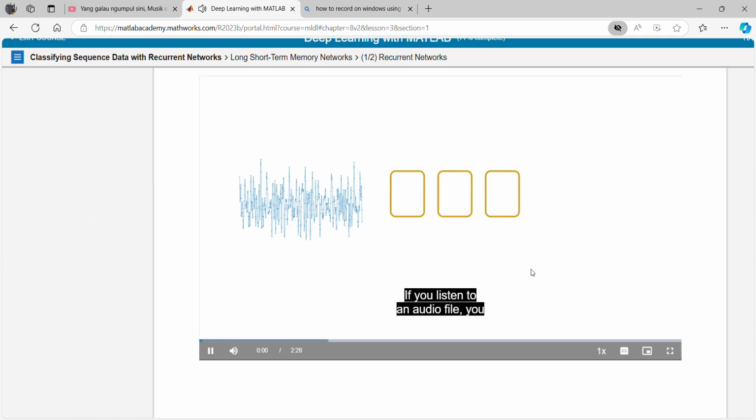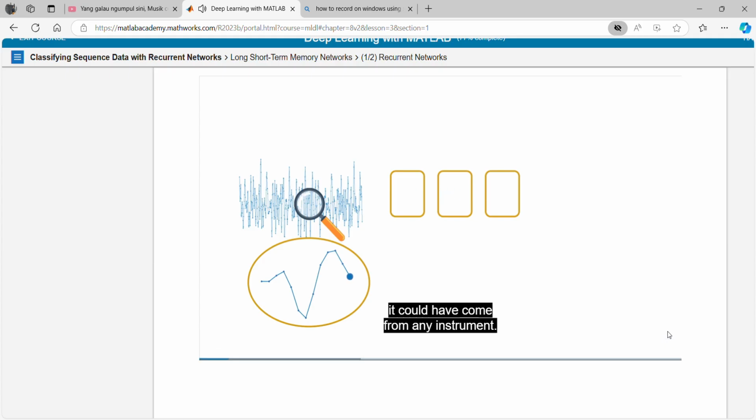If you listen to an audio file, you might be able to guess which instrument was played. But if you look at a single point, it could have come from any instrument. Classifying a point is impossible without the context of the rest of the sequence. Recurrent networks are designed for applications where the input is an ordered sequence, and the information from earlier in the